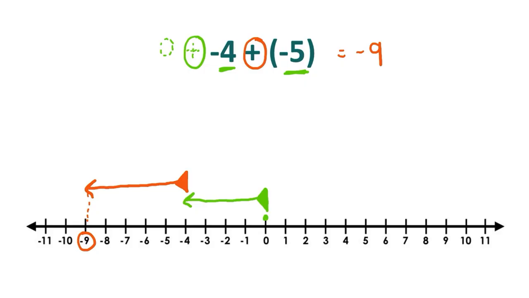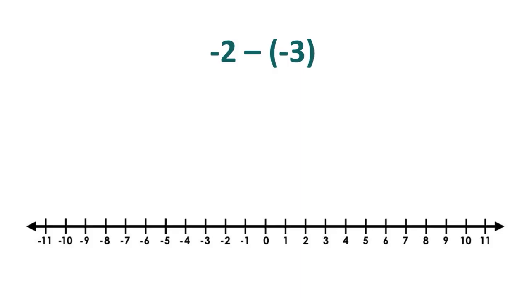We also didn't change direction. Can you see the journey from 0 to -9? We started at 0, stopped at -4, maybe took a sip of water because we're tired of the walking, and then we continued walking in the same direction and stopped on -9. So what do we do if we have -2 subtract -3 or minus -3? Now, I'm going to add my invisible 0 and my invisible plus to help me get started.